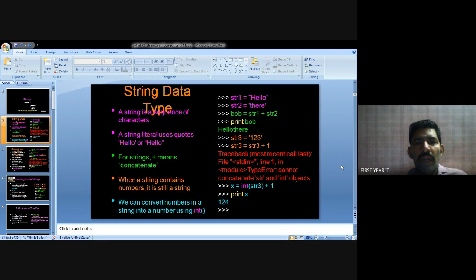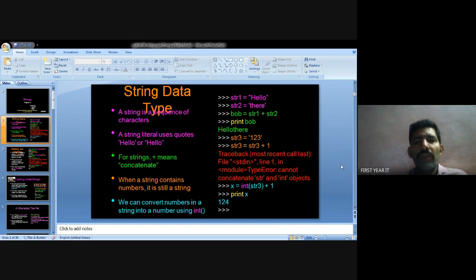String 1 equal to hello, string 2 equal to there. So two strings are represented in this program. I have declared two strings. So pop equal to string 1 plus string 2.